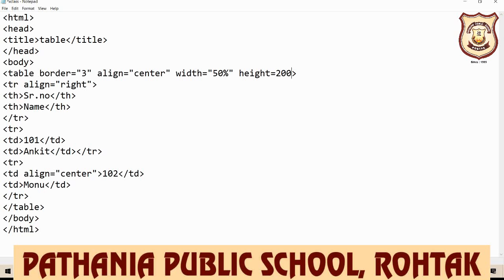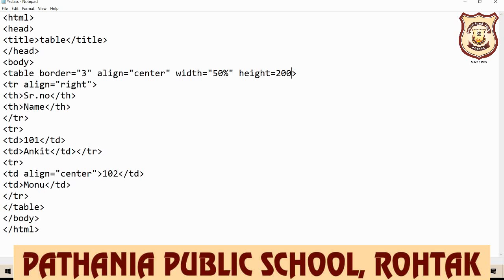By default, learn this point everyone, the table size is set as per the content inserted in its cells.